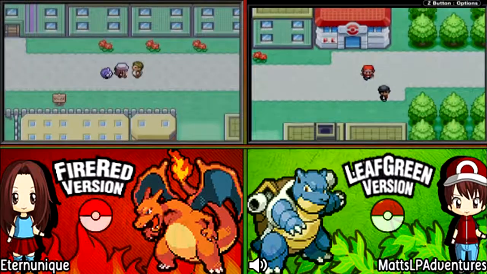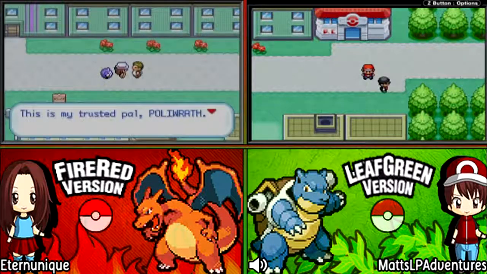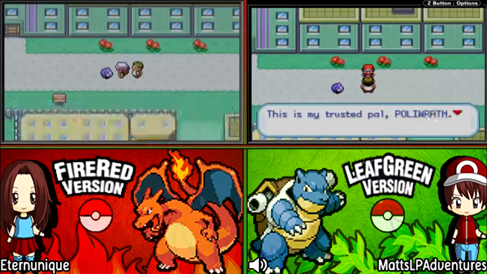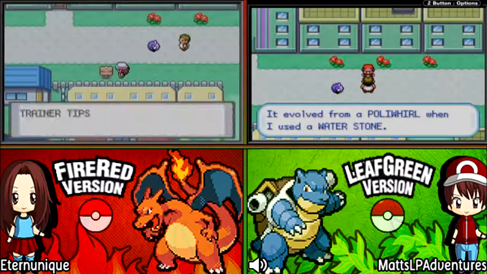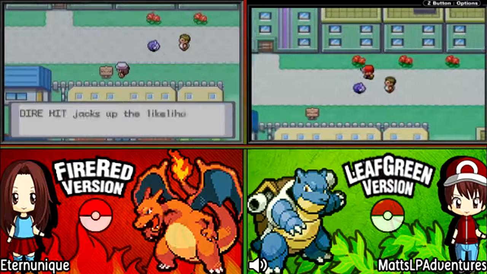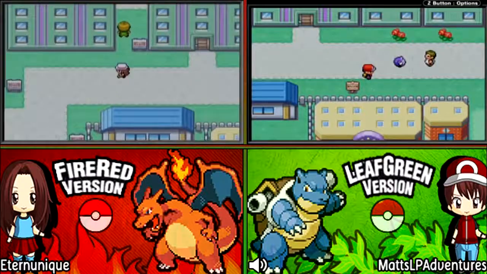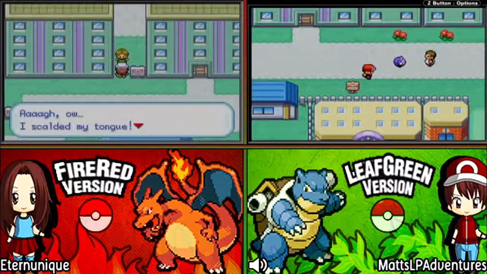Anyways, we arrived here in Celedon City, which, if you guys couldn't tell, is a freaking huge town. We have a guy over here who says, Trusted Pal Poliwrath. It evolved from Poliwhirl when I used a Water Stone. This is actually one of my favorite Pokemon. I love Poliwrath. Anyways, in today's episode, we're going to explore...